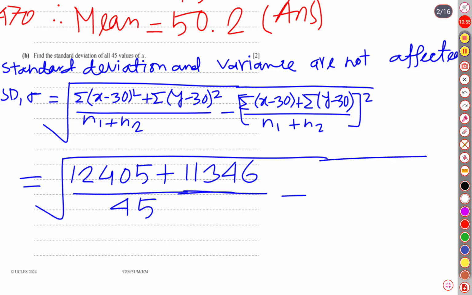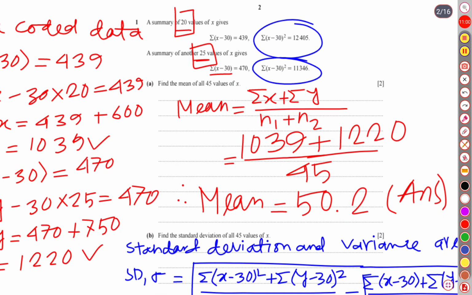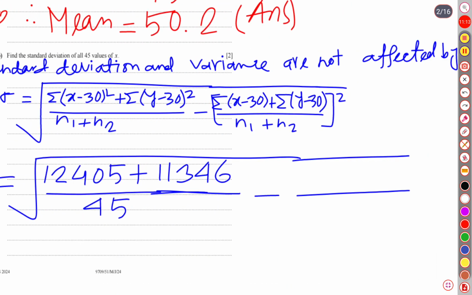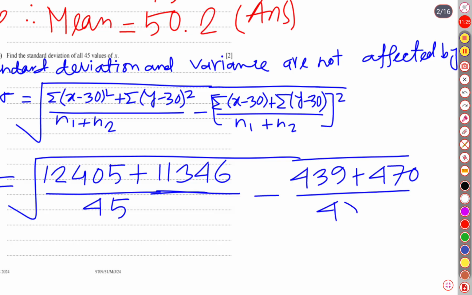Minus the sum of x minus 30. What was the sum of x minus 30? The sum of (x minus 30) is 439, and the sum of (y minus 30) is 470. So 439 plus 470 over n1 plus n2, which is 20 plus 25, so 45, whole squared. Okay,